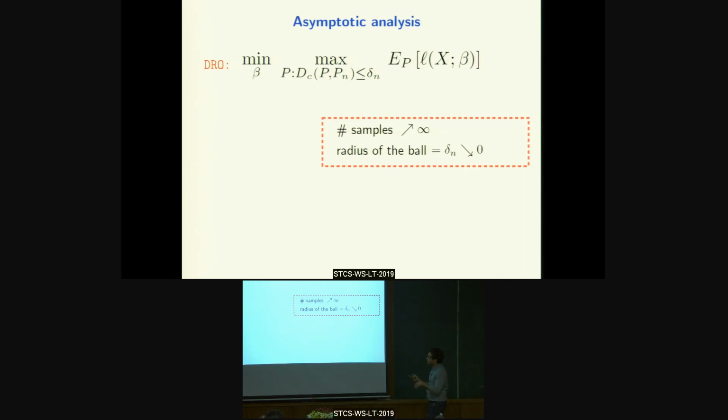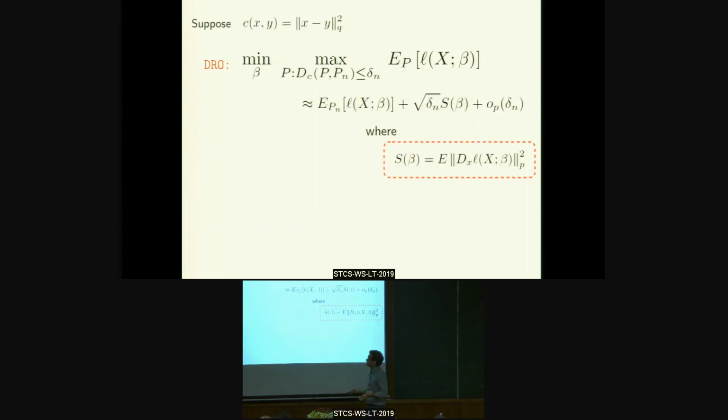Okay. So here, just to understand the performance of the system, I'll be scaling the number of samples to infinity and I'll be shrinking the radius of the ball to 0. So the question is, does it converge to the right optimizer and what is the rate at which it converges? Okay. To this end, we first show that